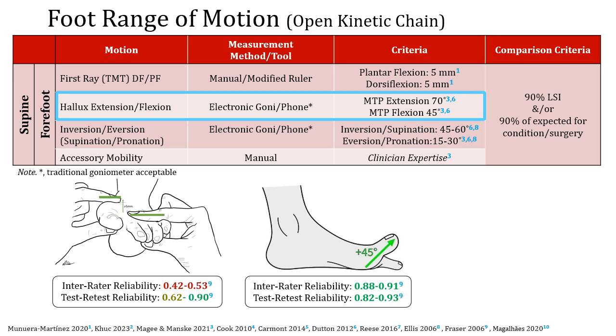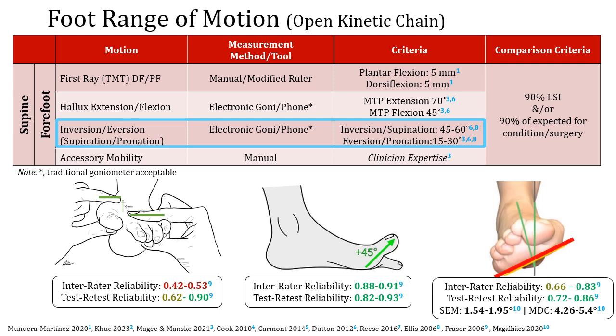We need the hallux to flex up to 45 degrees, so an amplitude of approximately 105 or 115. Inversion and eversion of the forefoot. This is more of a supination and pronation motion of the forefoot. You can use an electronic goniometer and/or phone along the broad base of the metatarsal pads to look at this inversion and eversion. Should be an inversion of approximately 45 to 60 degrees and an eversion or pronation of 15 to 30. Again, these are relatively broad ranges, but that being said,